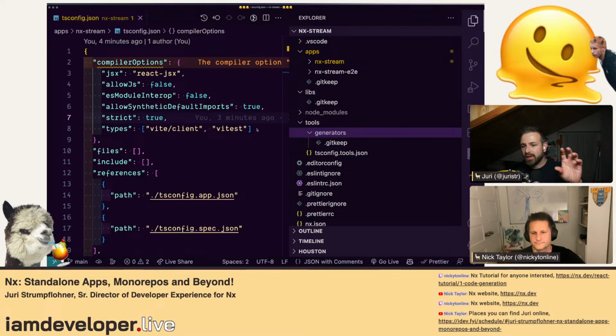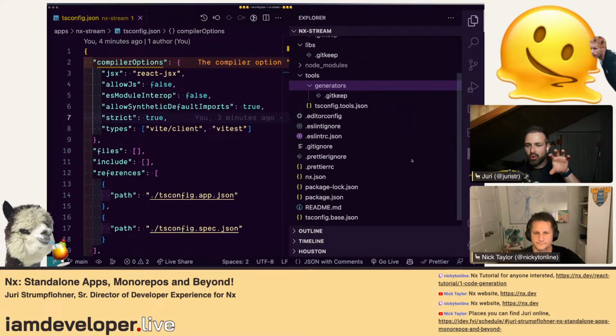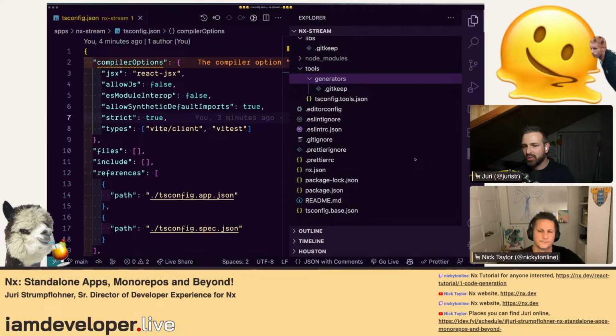And this is also what companies usually do. They take that, they wrap it, they add additional stuff, they delete stuff that NX provides, basically, and then have their custom corporate setup of a library, right? That is pre-configured with a bunch of different, maybe lint rules or whatever makes sense for you. And that's the place where you usually host them.